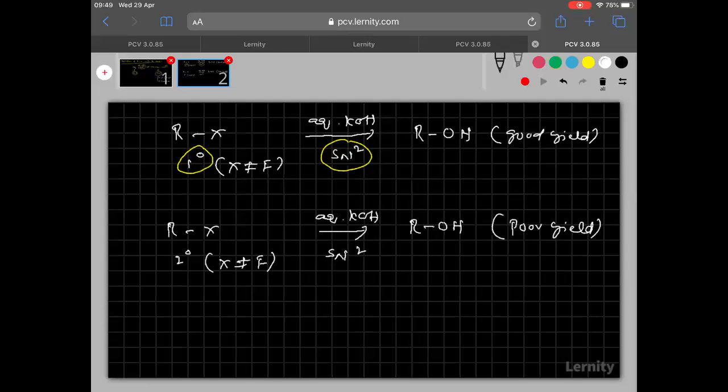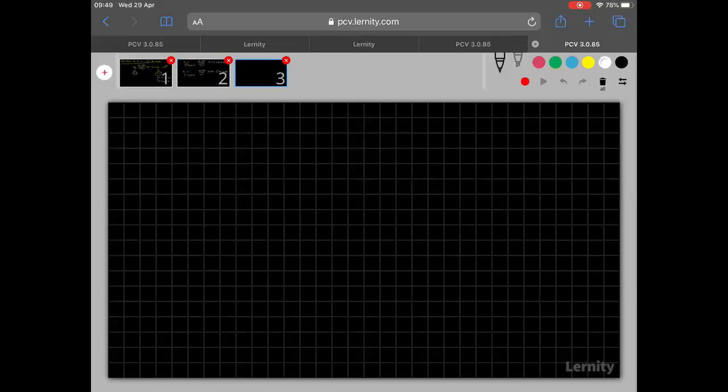Then what about tertiary? Tertiary is very important here. Now let me go to the case of the tertiary. So please try to understand this one. This is the most important case. So now here I am taking the tertiary when treated with aqueous KOH. Clear everyone? Now try to understand here. Here X is the leaving group, and that is a moderate leaving group. All halogens are moderate leaving groups. This I told you.